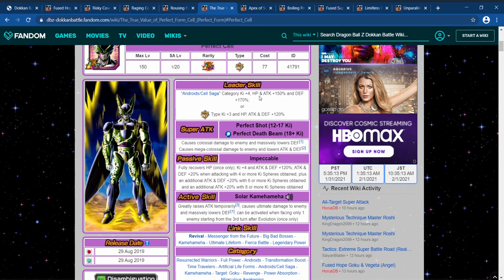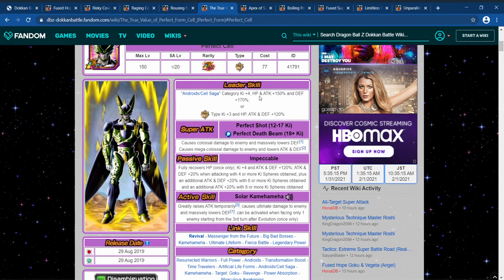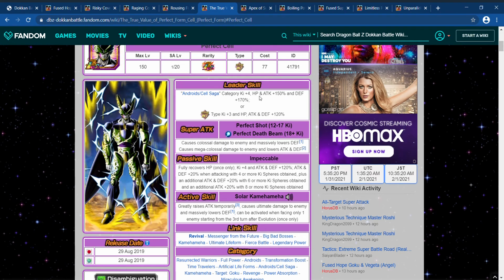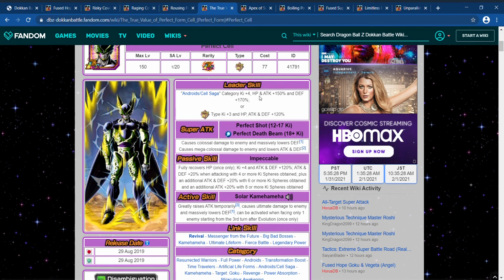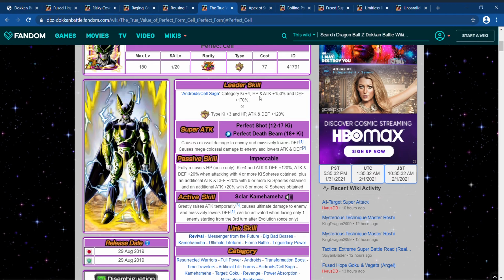And then he gets 4 Ki, attack and defense 120. Attack and defense plus 20 when attacking with 4 or more Ki spheres. 20 more when 6 Ki spheres or more, and then just attack plus 20 more when 8 or more Ki spheres. I like the whole Ki sphere thing, but I just feel like when it's super high, like 6 and 8,